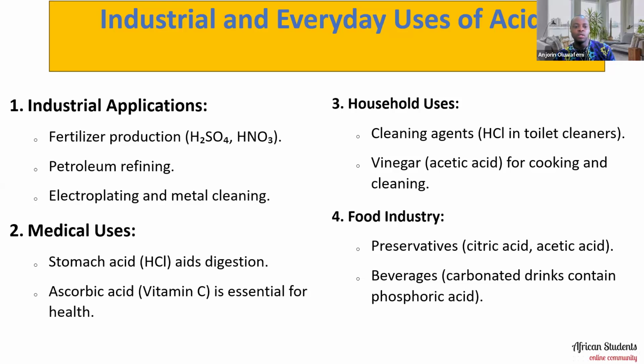Now, in the medical world, stomach acid, HCl, aids digestion. Ascorbic acid, vitamin C, is very essential for the body. It does a lot of things. It helps our immunity when you have a cold. When you take vitamin C, it's very good. It's a very good over-the-counter drug that we can always get to help our immunity and to help us with cold and catarrh, as the case may be. Okay, now household uses of acid include